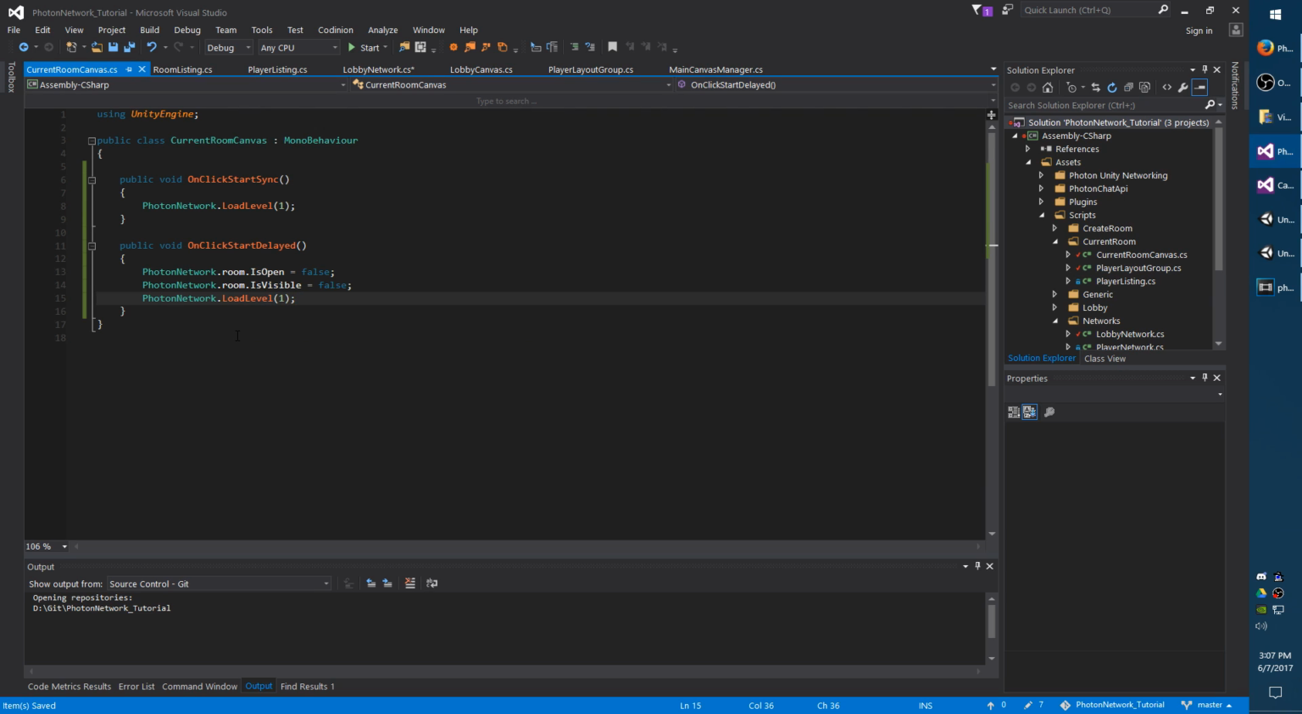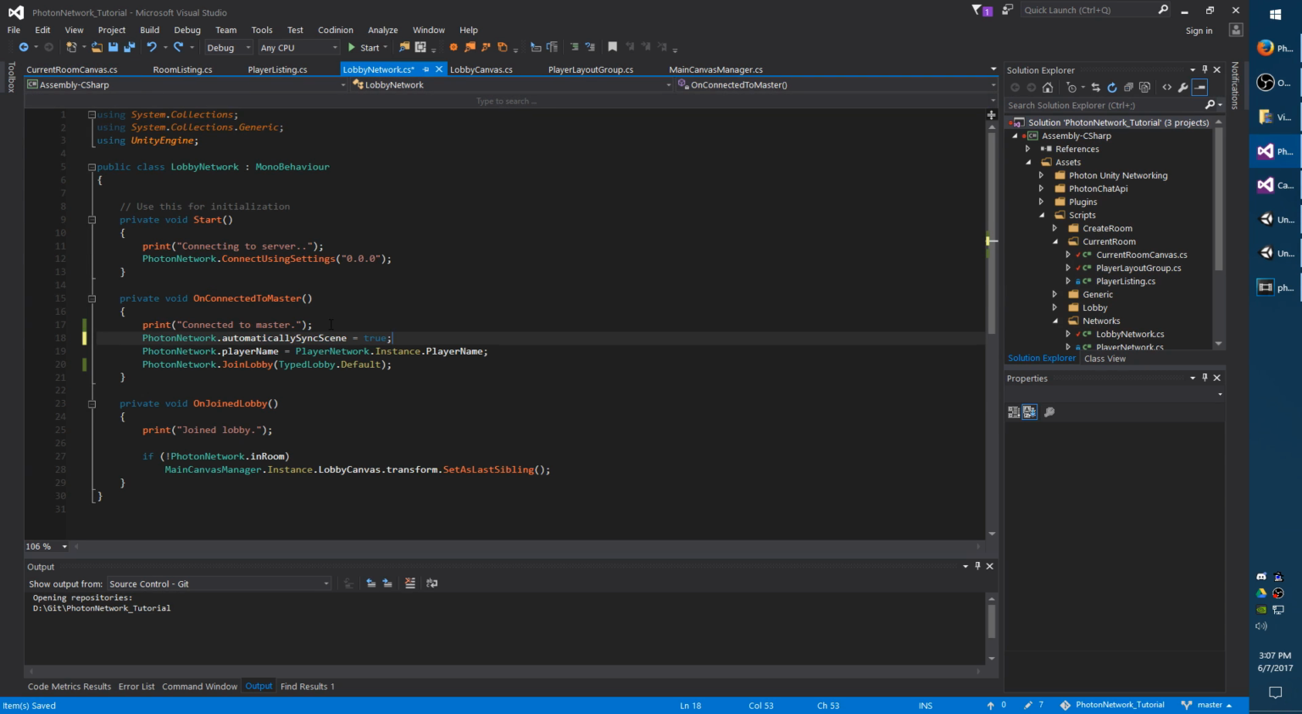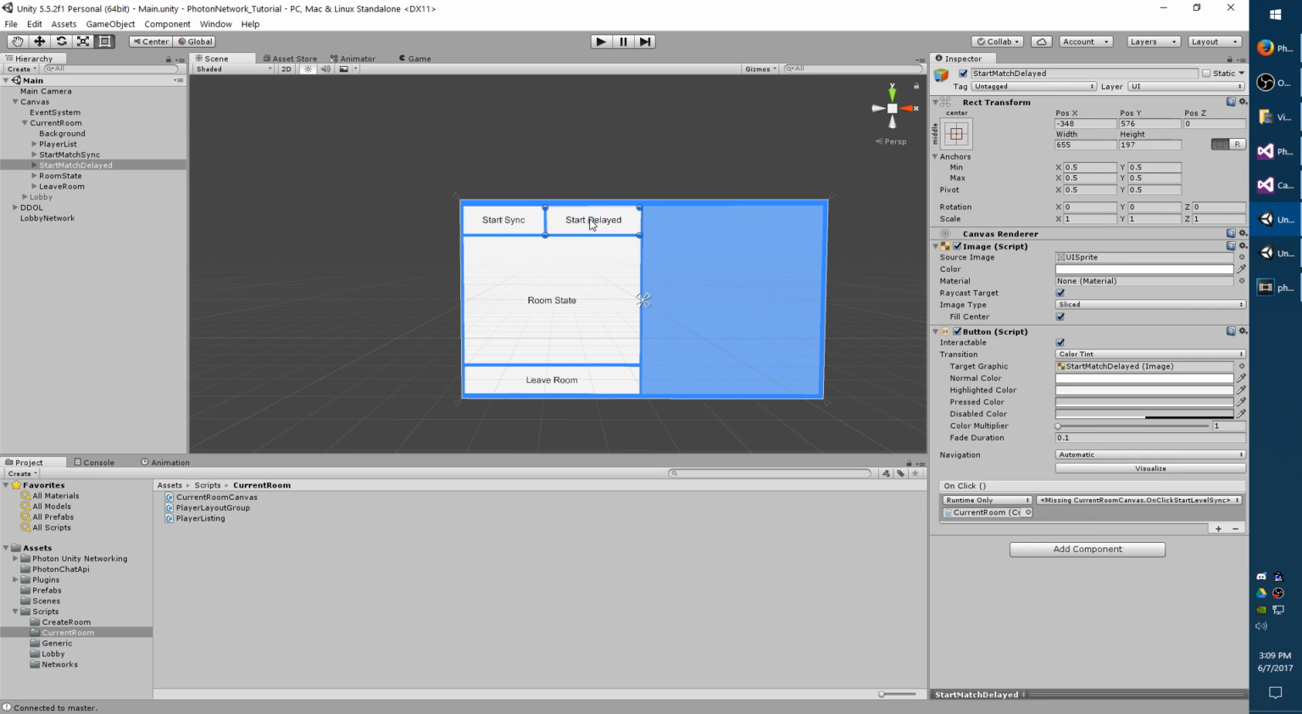Now to make sure that other players do not sync up whenever the master loads a level, we're going to go back into the lobby network script, and where it says automatically sync scene, currently it's true, change that to false. Go ahead and save everything. And of course we need to assign an action for when you click the button now. So go back to your editor, select start delayed,